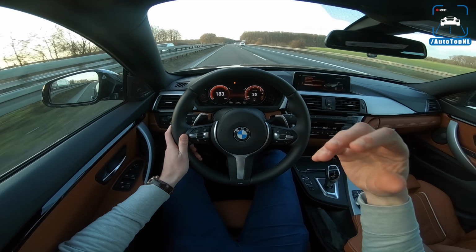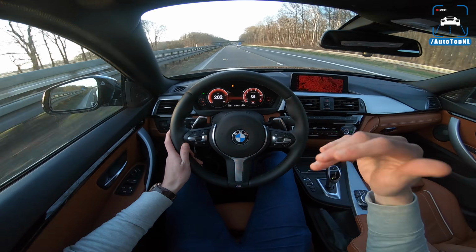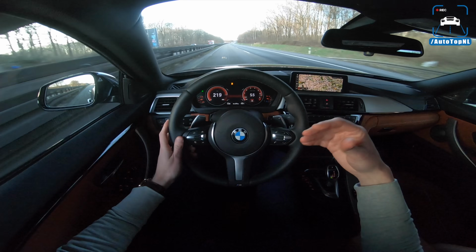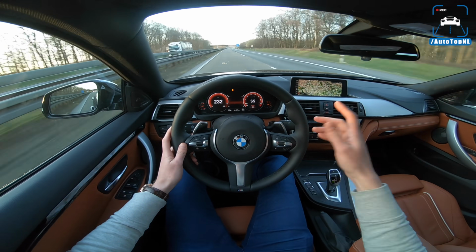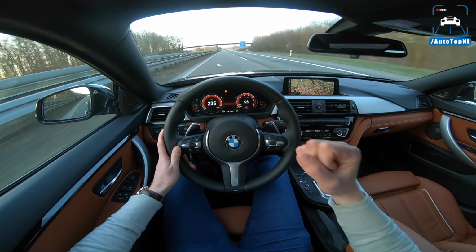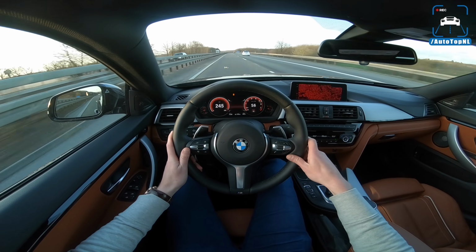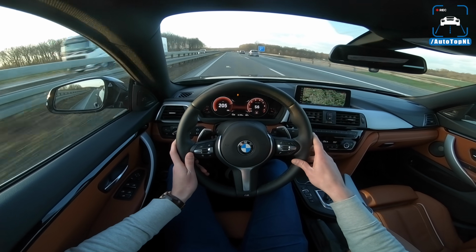So as I said, the 4 Series has had a little bit of an overhaul, especially on the chassis side. It's a bit more dynamic, a bit more sporty. We also have the M Sport, M Dynamic damper stuff, M chassis. So it's as hard, as stiff as it will get. But as you know, this engine will haul ass in any car, and